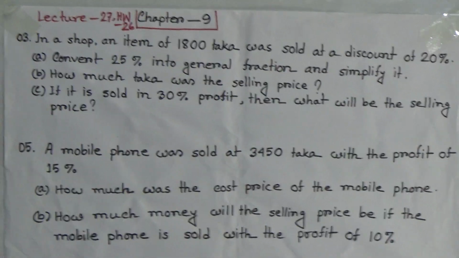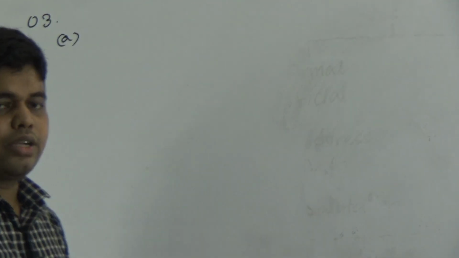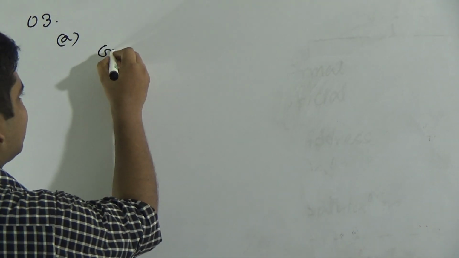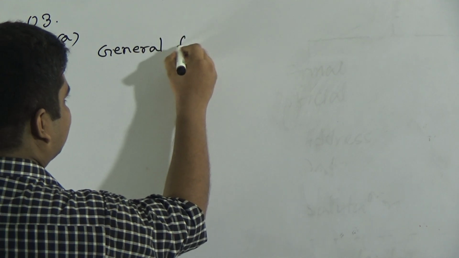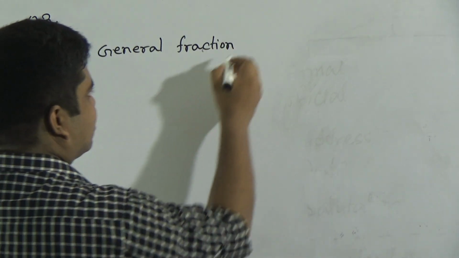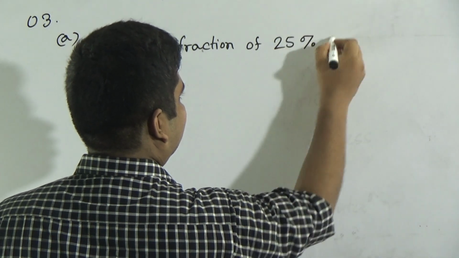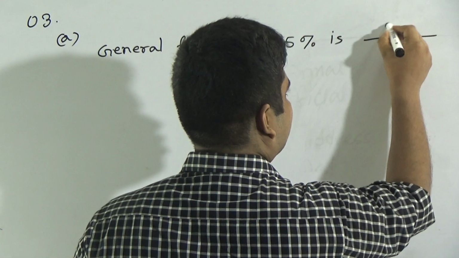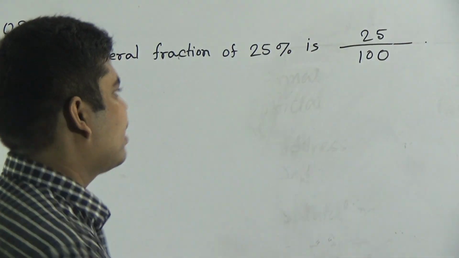First, convert 25% into general fraction and simplify it. Notice, it has two parts. One part is convert 25% into general fraction. So at first we make the general fraction. 25 by 100. My dear students, this is the answer. Okay. And